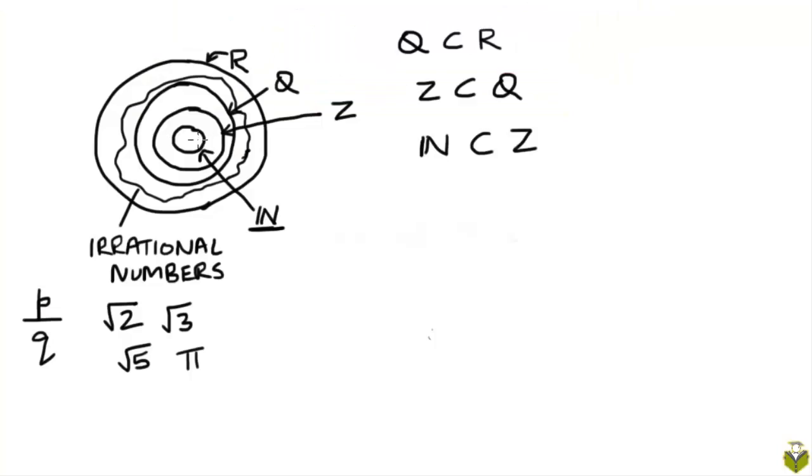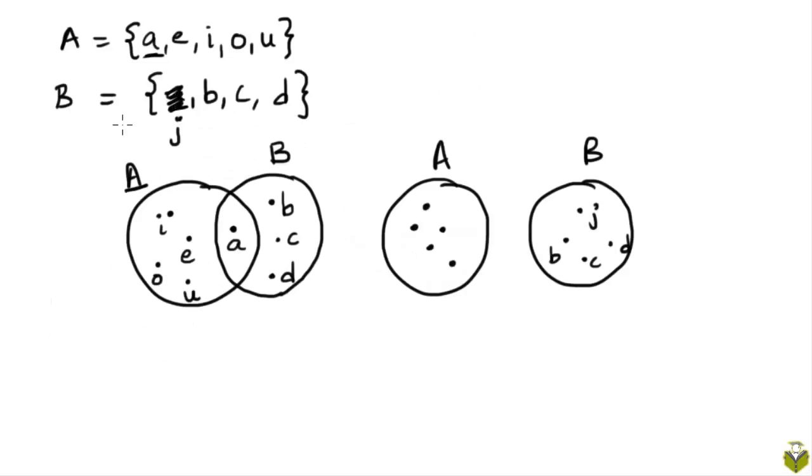This kind of a diagram where we represent sets as circles and subset relationships as circles within circles is called a Venn diagram, named after a mathematician of that name. We have been seeing Venn diagrams for some time now. We saw it in a previous problem as well, where we had these two sets A and B, which we